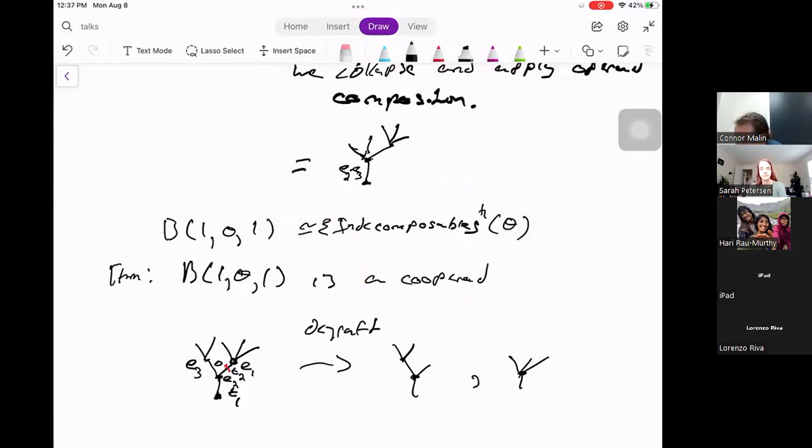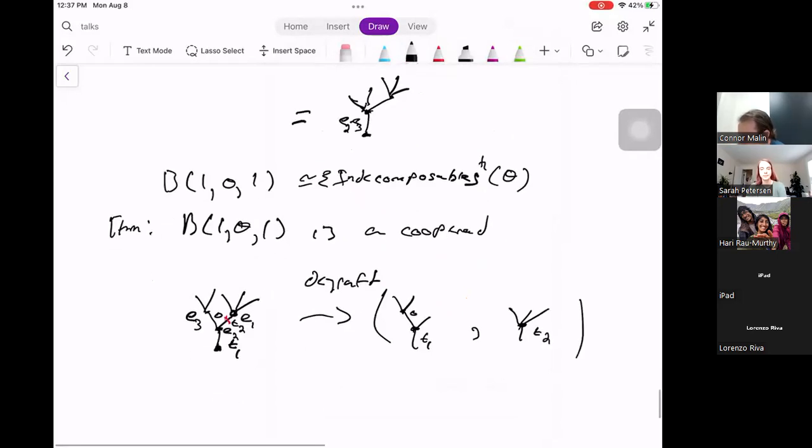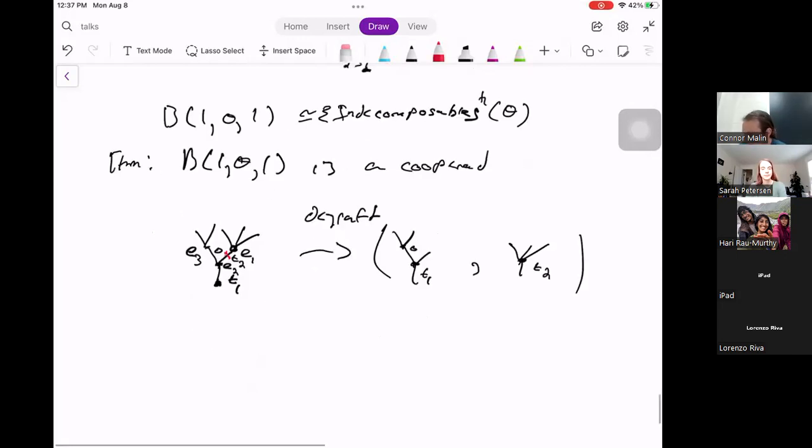Okay, and I can keep the edges the same. T1, okay, well, this one's like 0, and then this one is going to be T2. Okay, so this is a specific example of a decomposition where I'm splitting along the red line. So then